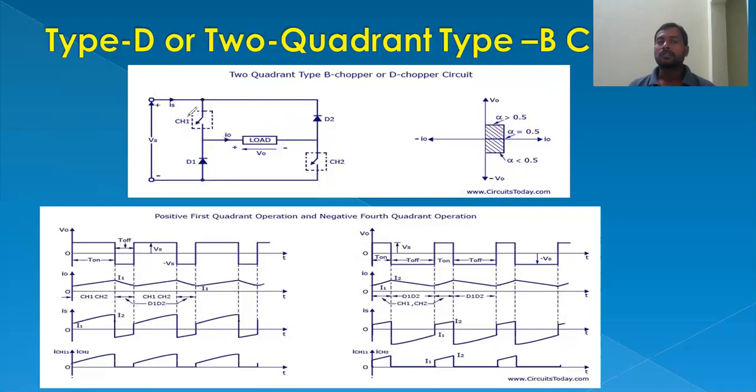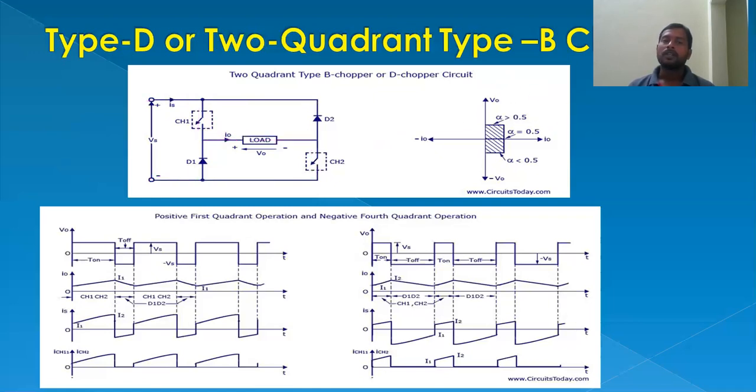If both thyristors, chopper 1 and chopper 2, are turned on, look at this one. This is positive, negative. So if this is supply positive and load positive, and the current direction from the load is in this direction, and current through the load is also in the same direction. That's why both voltage and current are positive in this case. This is also the same case. In this path current will flow, and voltage is positive and current is also positive.